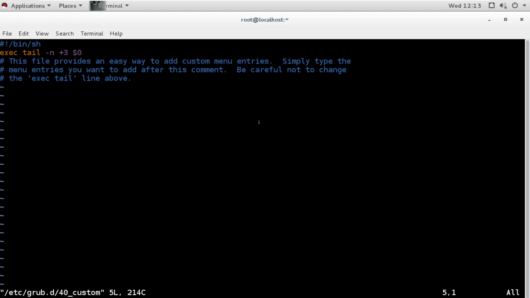Now in this I will add set superusers equal to the name of the user, and then the password for that user and whatever the password is. After that, I will save the file.